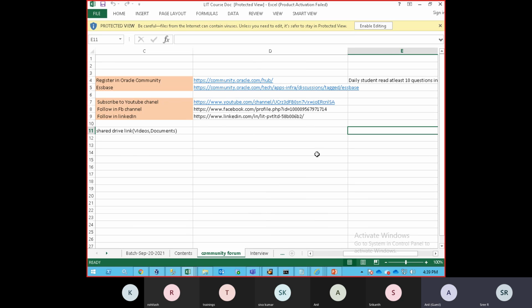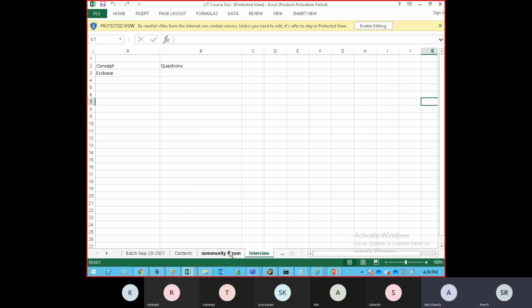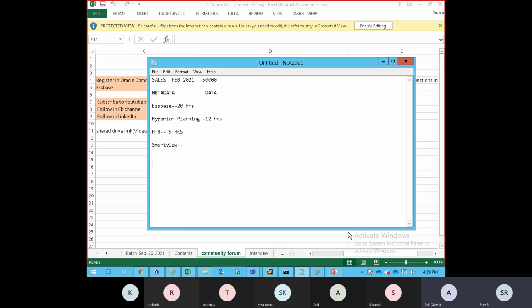Yeah, please. Sorry to interrupt. Actually, we have another two tools as well, PBCS and EPBCS. That is the cloud one. Don't we need to learn them when we do this planning? It's up to you, guys. If you want to, but at this moment, these are enough. The reason is, in your presentation you are not covering them. Are they available or not?